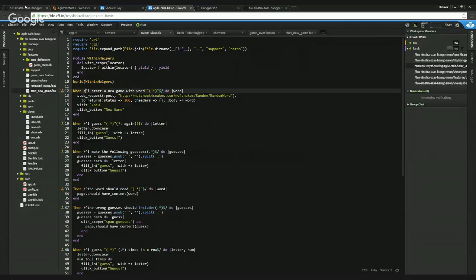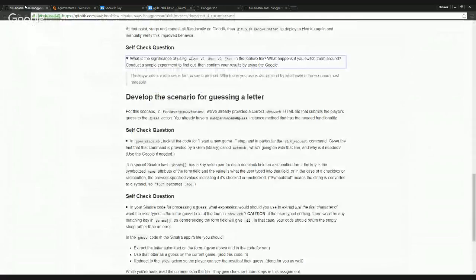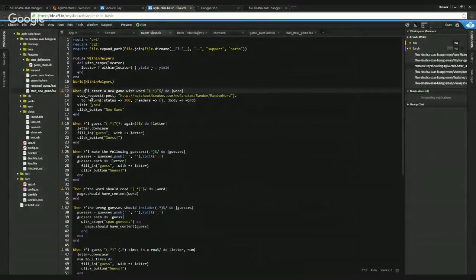And it says the stub request command. Given the hint that the command is provided by a gem library called webmock, what's going on with that line and why is it needed? Interesting. I have no idea actually. I think this is just doing a post request to this URL,